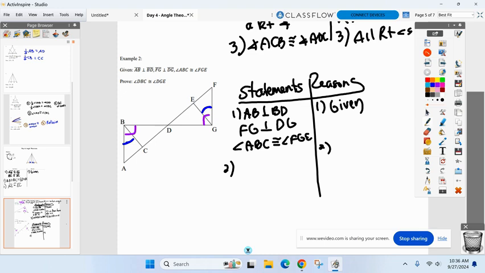All right, let's look at the proof statement. What am I asking you to prove true? Angle DBC. Can you find that? Don't mark it because we don't want to mark the proof statement. Everyone see where angle DBC is? Right next to one of the congruent angles? Right here. Everyone sees that angle there? And DGE. Everyone find that angle? Right next to the other